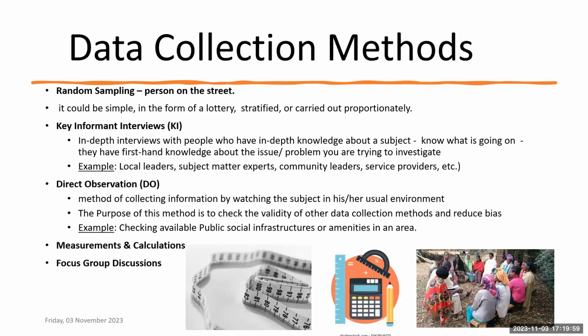Data collection methods again: random sampling, also known as person on the street. The beautiful thing about random sampling is that it's a part of the population that provides that information. You simply randomly pick people that give information about a population. Yes, it is readily available and convenient. However, this scheme is weak because it does not consider differences, spread, or even the number of the population in the area. For example,